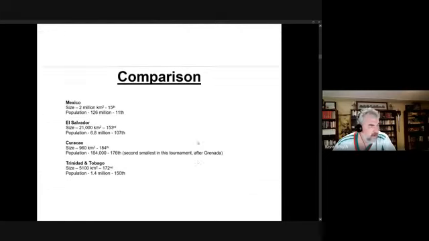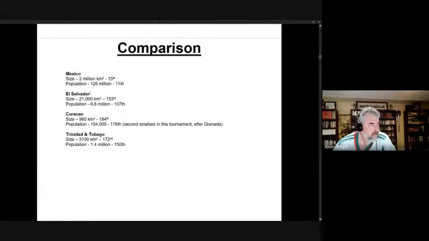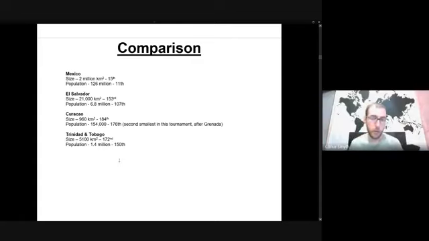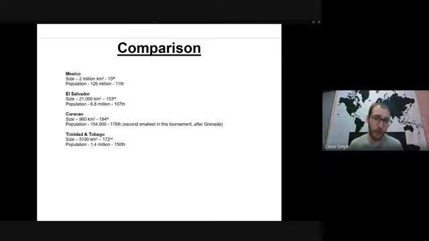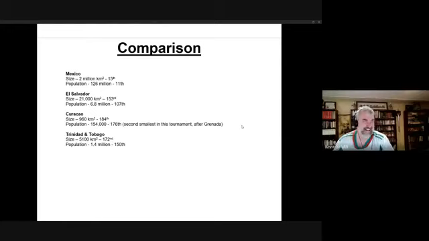Great. Listening to that information may be a bit bewildering, so we've put together a little comparison, maybe looking at it from biggest to smallest. Do you mind doing that, Connor? Yeah. So Mexico, as we said, is the biggest country with 126 million people. Next in the group is El Salvador at just 6.8 million. So a huge discrepancy. Trinidad and Tobago has 1.4 million people, about 100th the population of Mexico, and Curacao with 150,000 people is about 1,000th the population of Mexico. So we've got some disparity here in Group A.